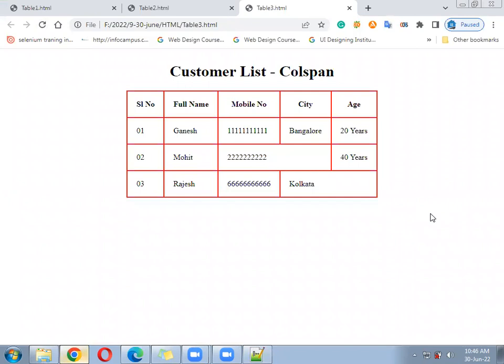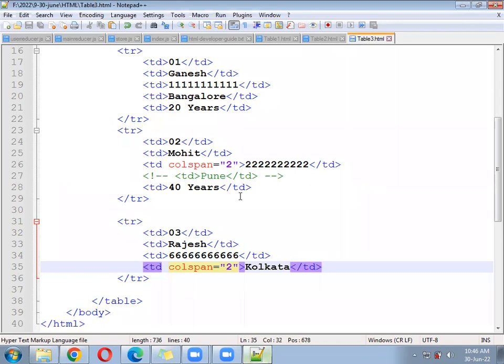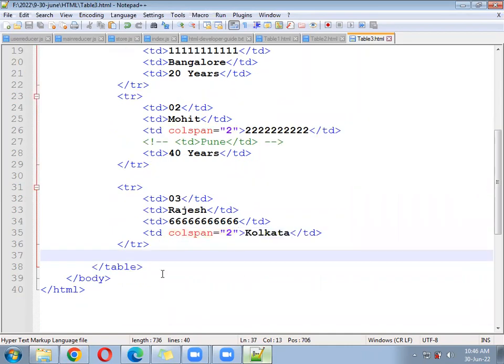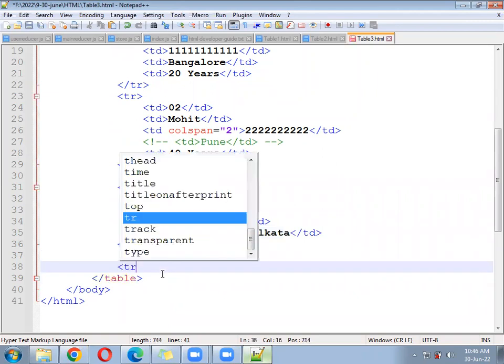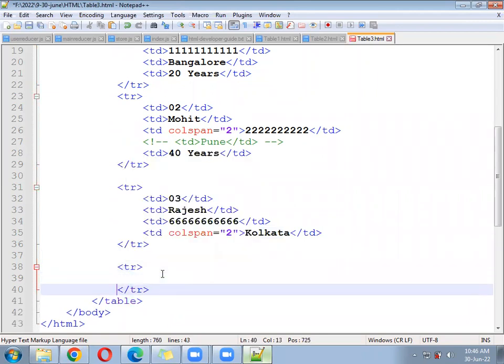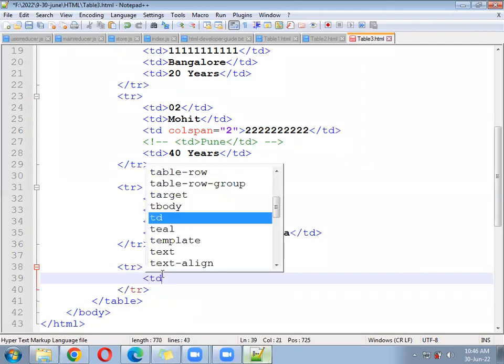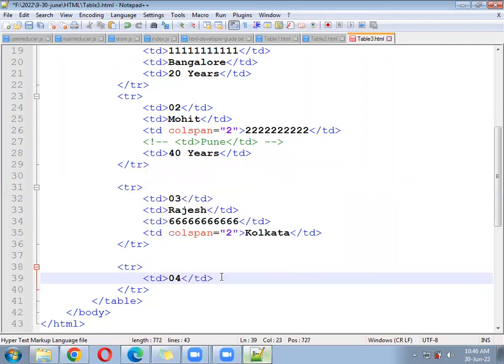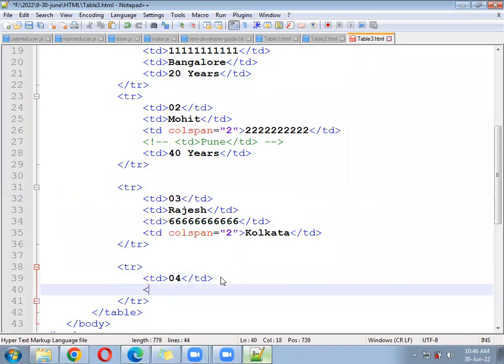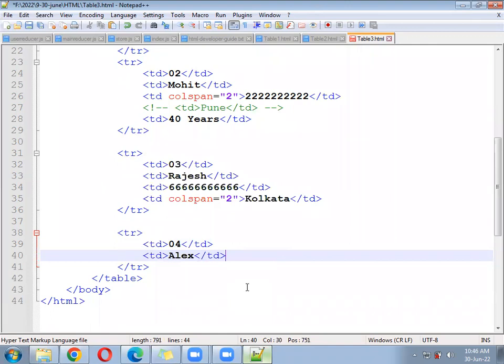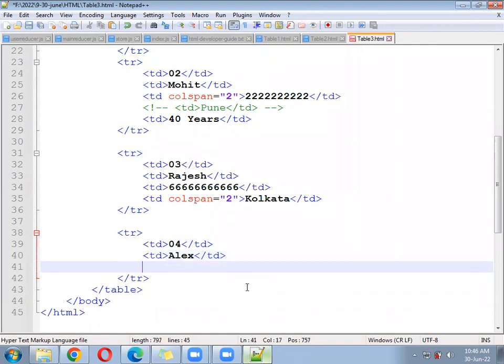It looks like this. So what is the use of colspan? Again, it is used to combine the space of 2 or more TH and TD. Add one more TR where the condition is something else. TD 04. Next TD, something. Next TD, mobile number,